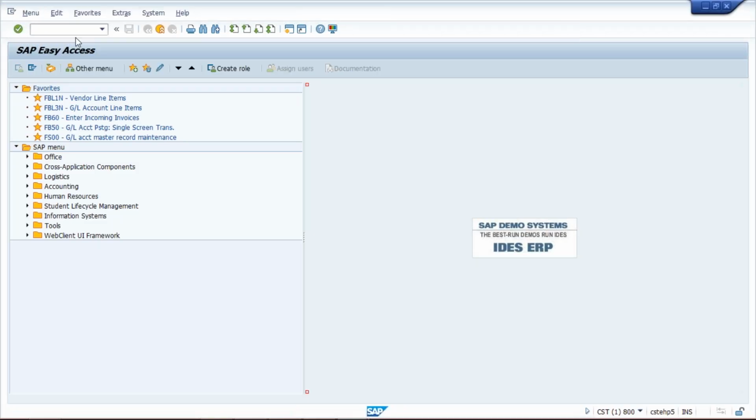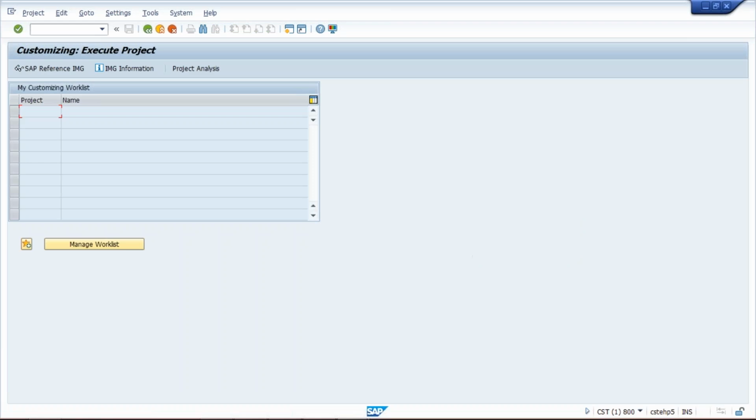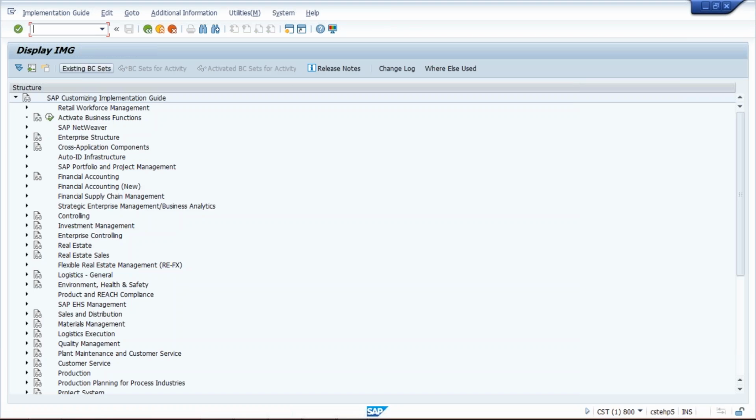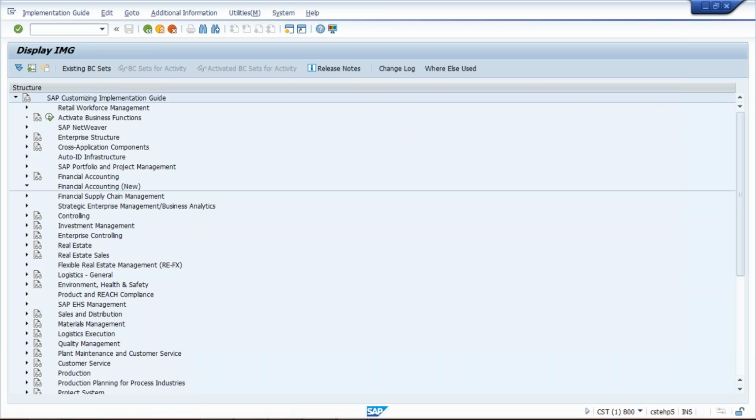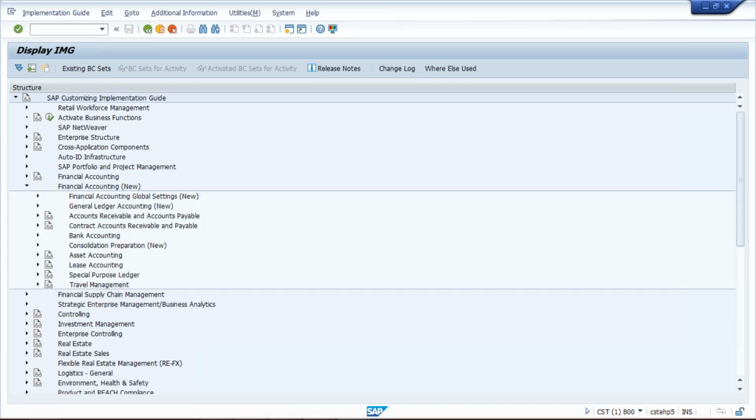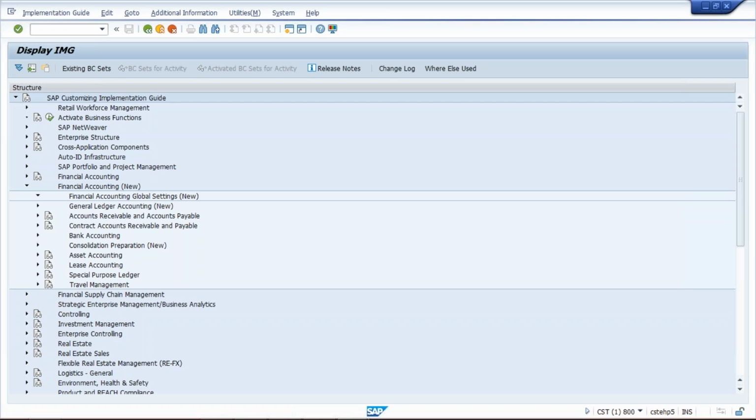So, withholding tax configuration. Now here I'm going to use the path SPRO. Press enter. Click on reference IMG, and then Financial Accounting New, Financial Accounting Global Settings New.